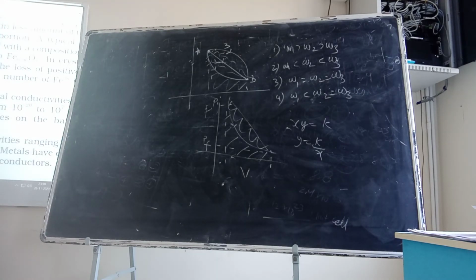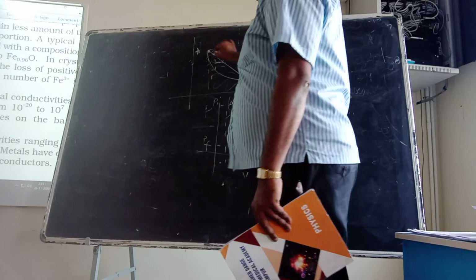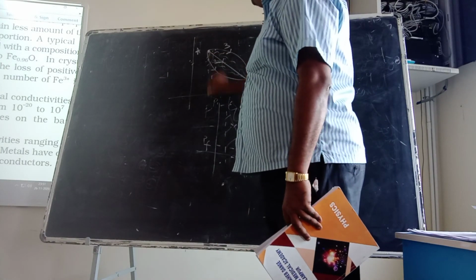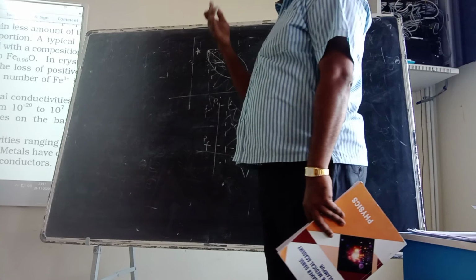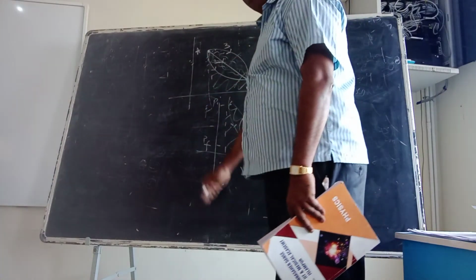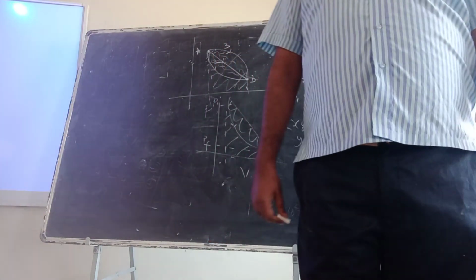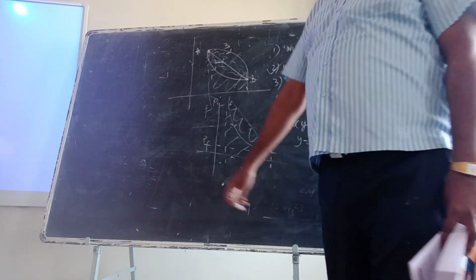Option B. So W1 is less than W2 is less than W3, no? Why? Some other option you have? While looking at this path, you forget these two. So this is the area. Your answer is right. So this is the more area. This is slightly less. This is even less. You have to see with the volume axis. Okay? So option 2 is the right answer. Okay?